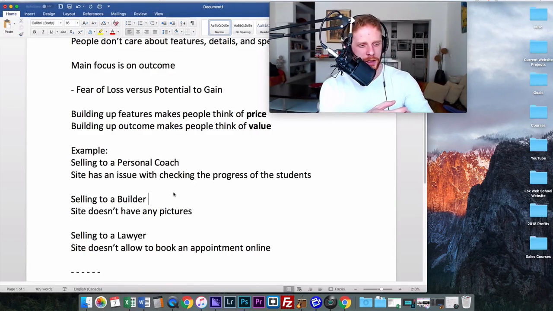We could tell this builder, look, we're going to have some great photos on the site. We're going to have a really good gallery. What that means is when people come onto your site, along with the text that you already have, and you have great text there, now when they go to this photo gallery, it's going to back up everything that you're saying. You're going to have very, very clear instant examples of the great work that you've done.